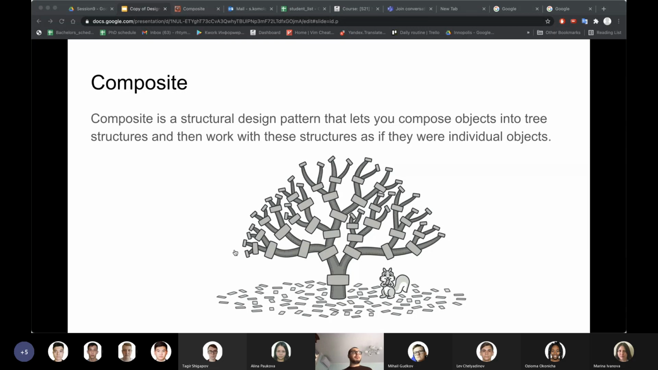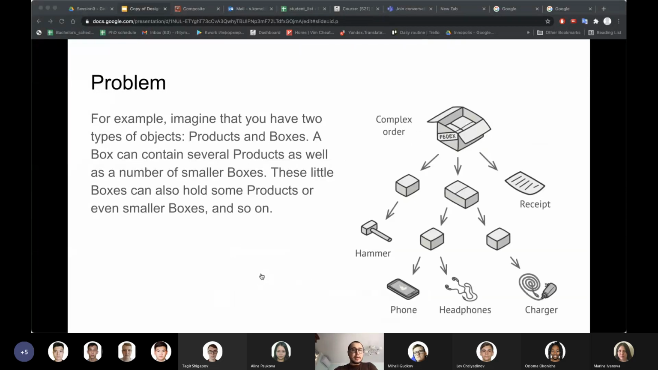Let's say you have some complex logic and your components or elements can be represented as a tree, you can use composite. How? Let's see this in an example. For example, imagine that you are working on the process of automation of product shipment or product delivery, right? And in the product